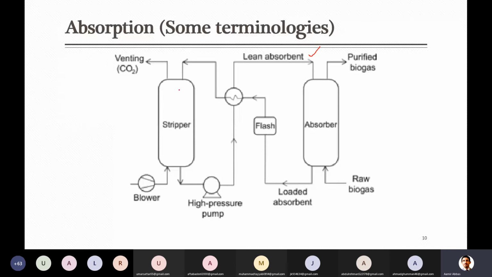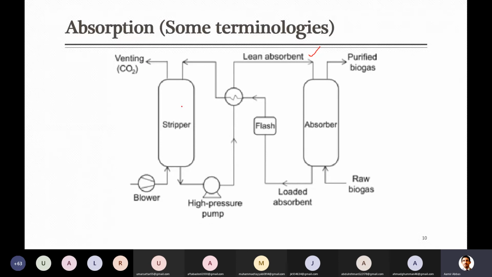So this liquid will be thrown from the top. It will start moving down, and you introduce some gas. Sometimes you are introducing some steam, so steam at high temperature and pressure, so that it can reverse that reaction. It can dissolve those components which were absorbed inside the liquid, and they will be stripped out to the top, while the clean liquid will leave from the bottom.